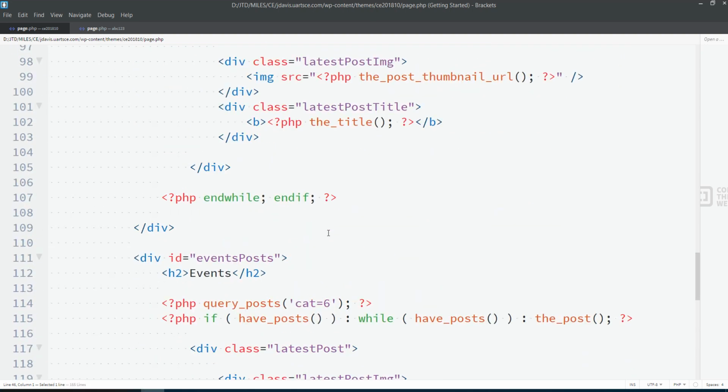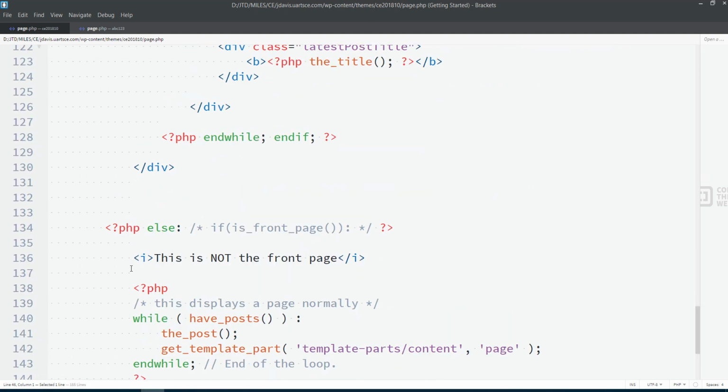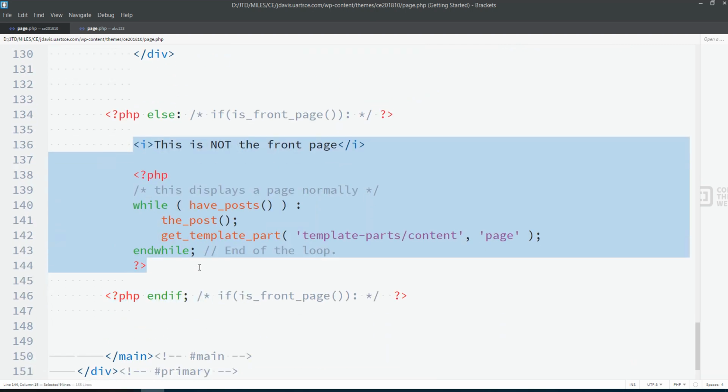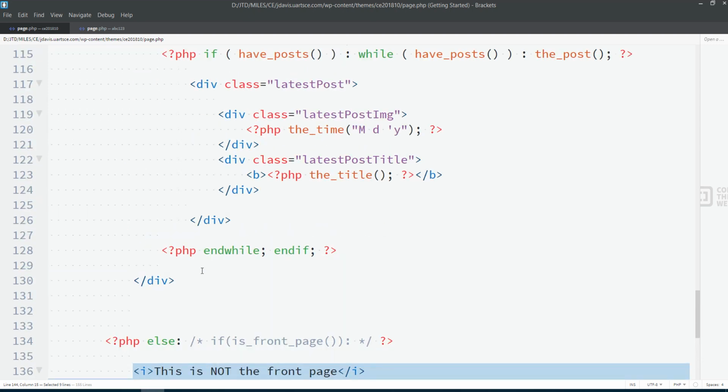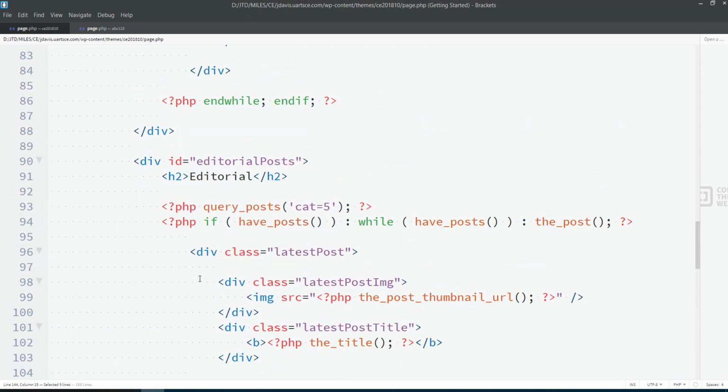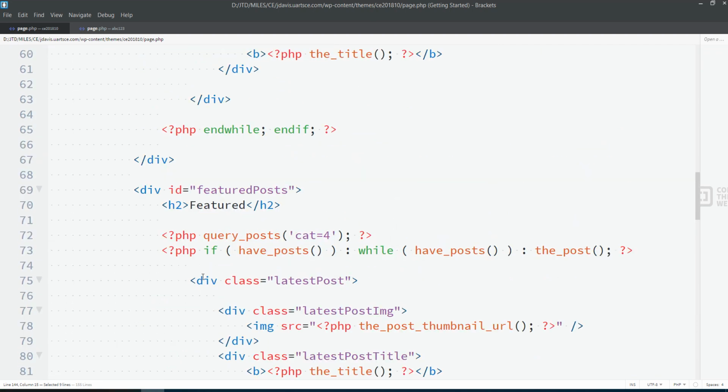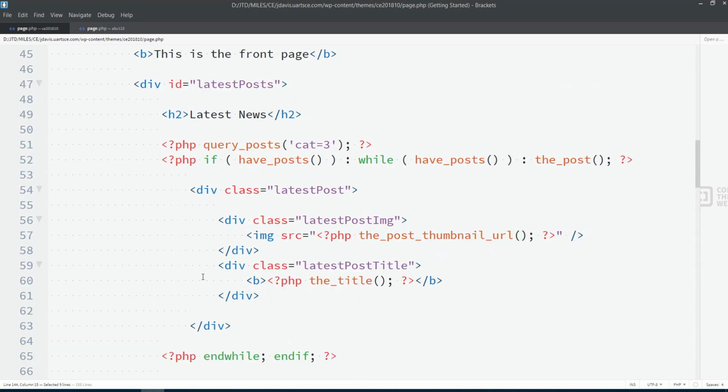So like I said, the inside of the else is for the most part the default functionality as far as displaying the page normally. Last week we were mostly working inside of this if it is the front page section. So if it is the front page,